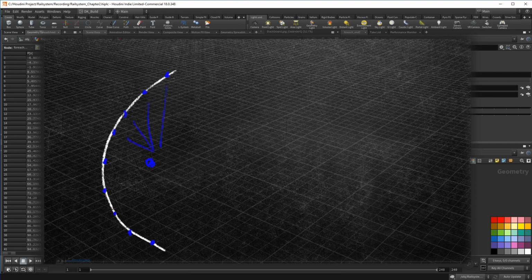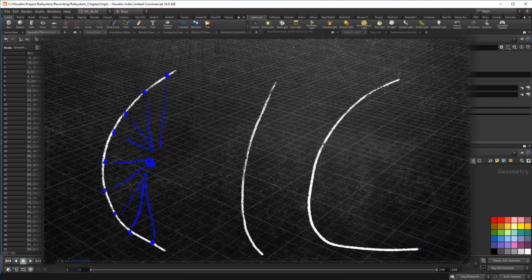Now if we add all the positions on this line together into one vector and divide it by the amount of points used, we actually get an average of them all. And that point would have a very obvious factor on it. If it is a small turn, it will be close to the original curve. If it is a strong turn, it will be farther away. And that's what we are going to do.